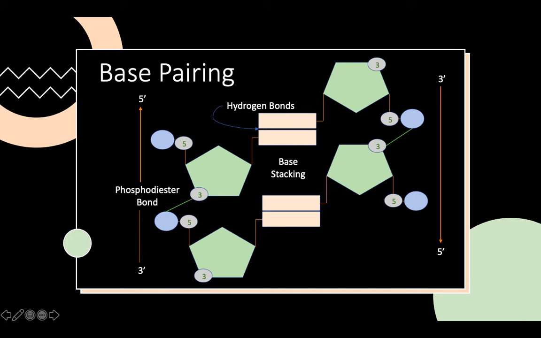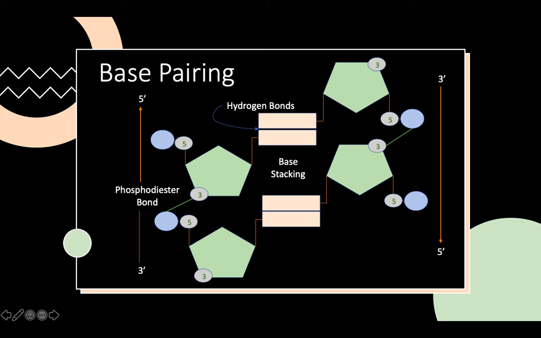Here we have a diagram of base pairing. So we have hydrogen bonds between our base pairs. There's going to be 3 bonds if it's a GC pair, 2 bonds if it's an AT pair. So we have our phosphodiester bond that's created between the 3' carbon and the phosphate group to create our phosphate